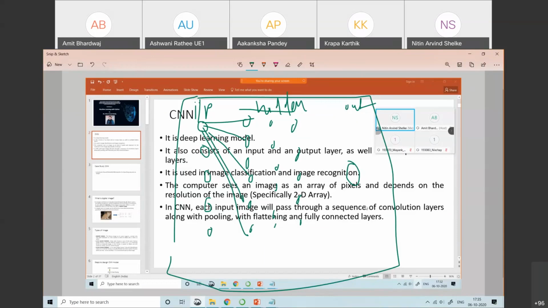Mostly, when it is a binary classification problem, we use the sigmoid activation function in the output layer. When it is a multi-class classification problem, we use the softmax activation function.